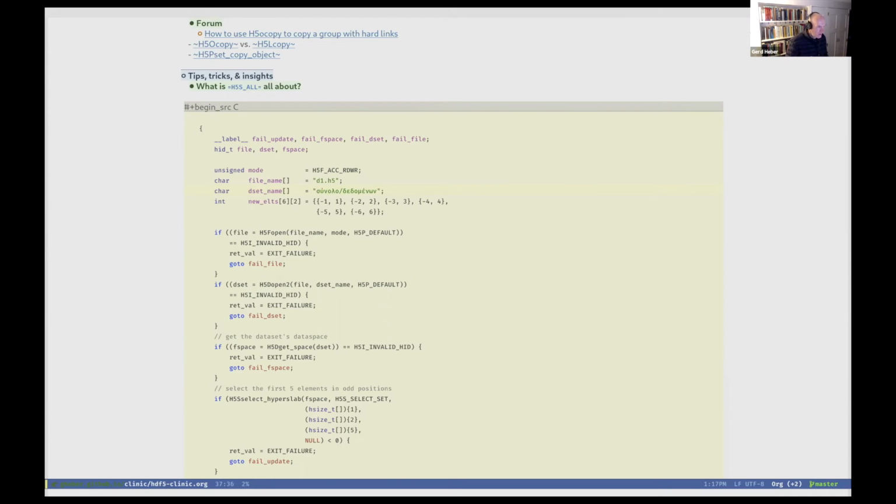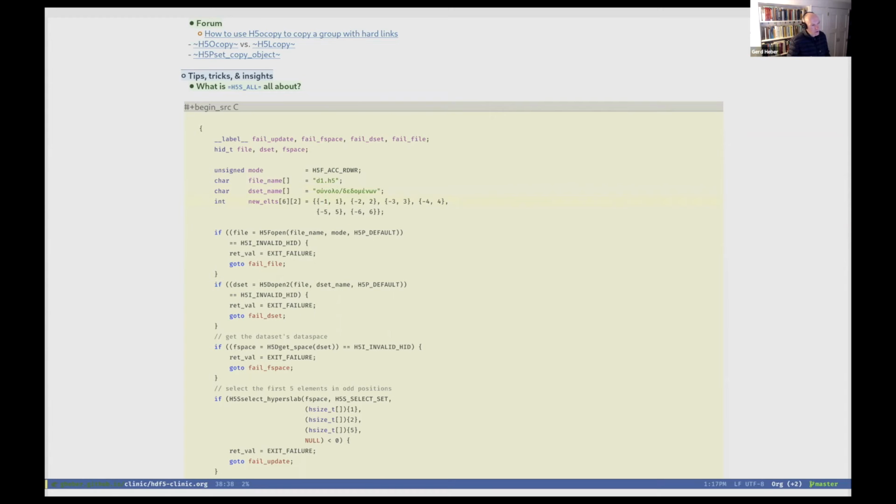So I'm using a UTF-8 encoded path name, and there is a data set already in that HDF5 file. It turns out it's one-dimensional with 10 elements, and that exists already.